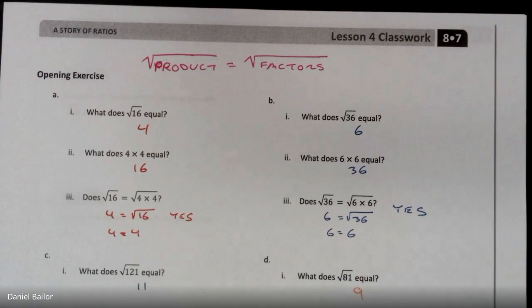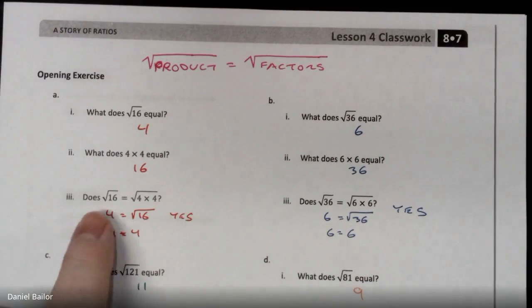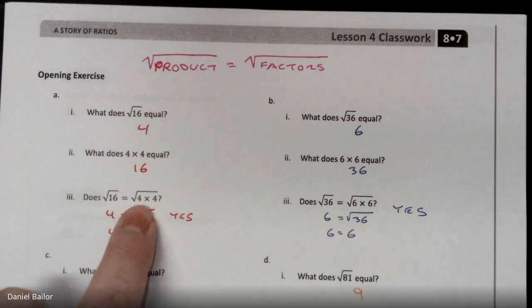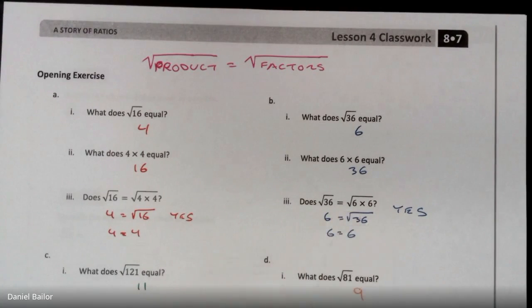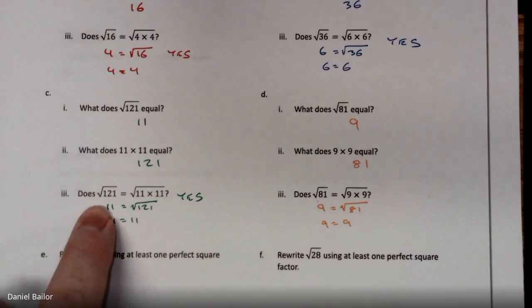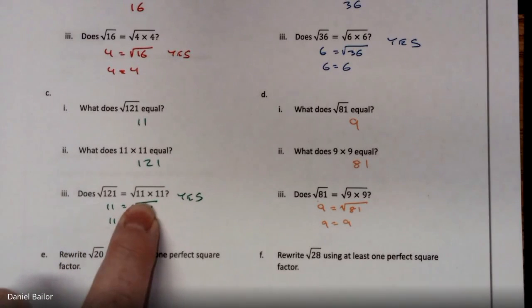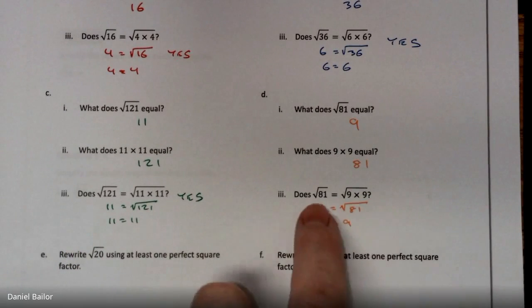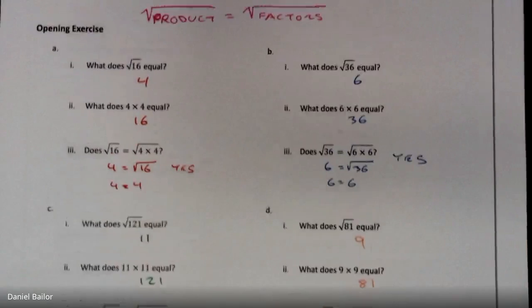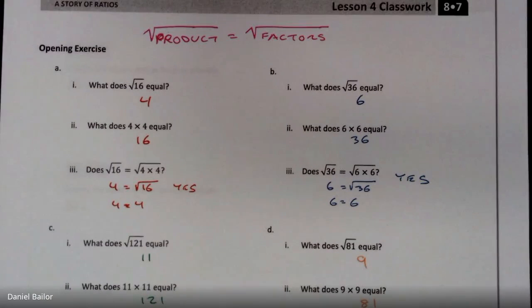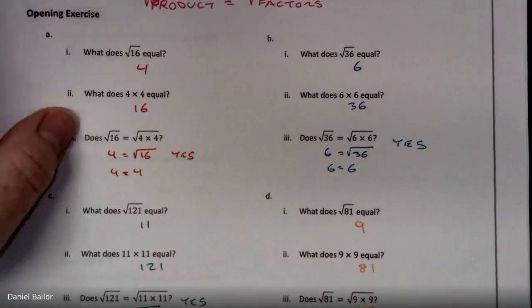So the square root of a product equals the square root of its factors. We saw this here. The square root of 16 equals the square root of 16's factors. The square root of 36 equals the square root of 36's factors. The square root of 121 equals the square root of the factors. Square root of 81 equals the square root of the factors. So the square root of the product equals the square root of the factors. And we can use this to simplify